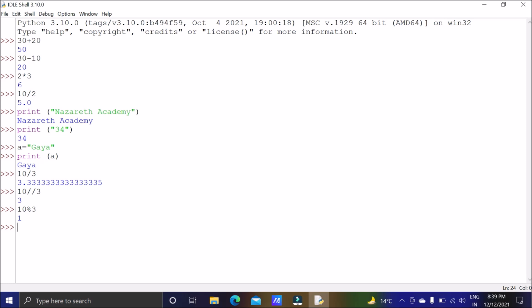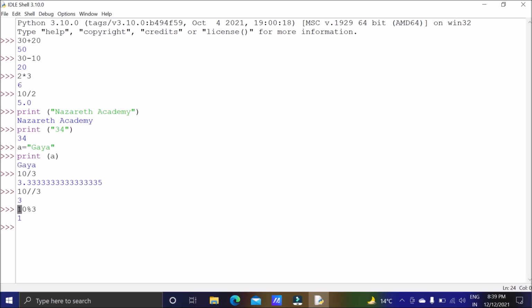So we saw so many operators. Plus is the operator for addition, minus for subtraction, asterisk for multiplication, slash for division, double slash for floor division, and modulus for getting the remainder.